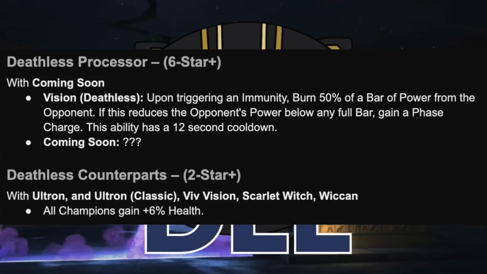Then lastly, Deathless counterparts with a few other robots and family: Ultron, Ultron Classic, Vivision, Scarlet Witch, and Wiccan. Any of them on the team, and then all champions named or not gain extra health. Nice little bit there. And then our last bit here, specifically with King Groot, the hidden part of that synergy, is going to give Deathless Vision the ability to start each fight with an indefinite Fury passive for each Deathless champion on the team. These are significantly weaker than the ones that Vision gets within his own kit, but still,